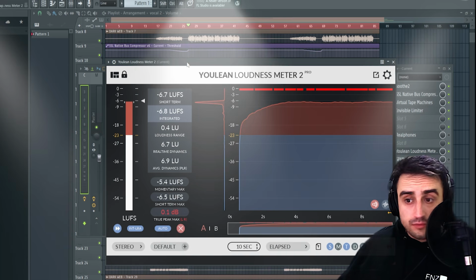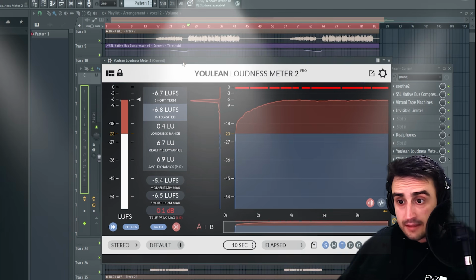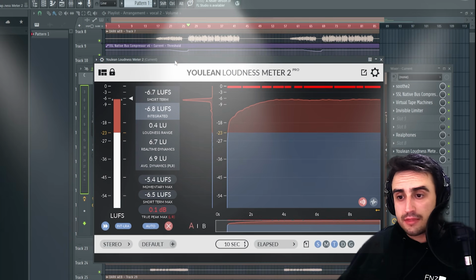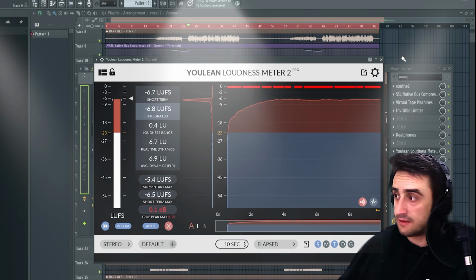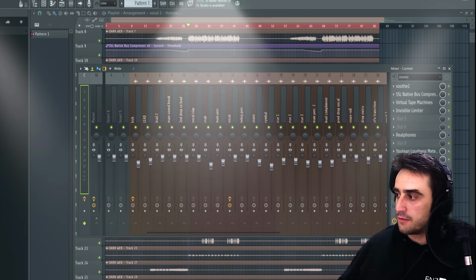It doesn't have to end up there. So the thing is, if you have a muddy mix, the loudness is not going to sound pleasant. But if your mix is clean and crispy up to this point, you will be able to just push and push and push on the limiter to get the loudness that you want without destroying the track. Another one that I have is